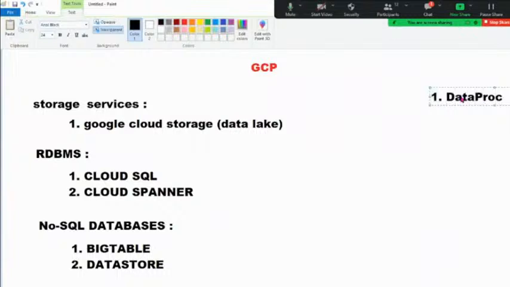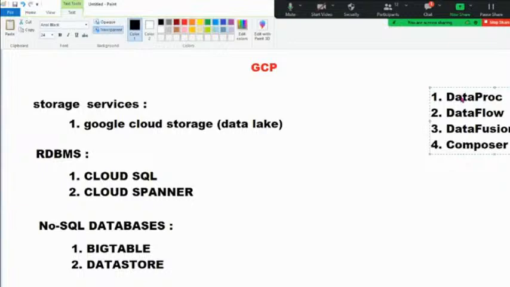Dataproc for Hadoop and Spark environment, Dataflow for Apache Beam, with the Apache Beam programming model. Data Fusion, for creating data pipelines without writing any code. One more is Cloud Composer, nothing but the Airflow environment, a managed Airflow instance, guys. For creating DAGs, it is a workflow orchestration tool where you create DAGs with the help of Python coding, guys. Very important tool. Okay, you're going to look at Pub/Sub,